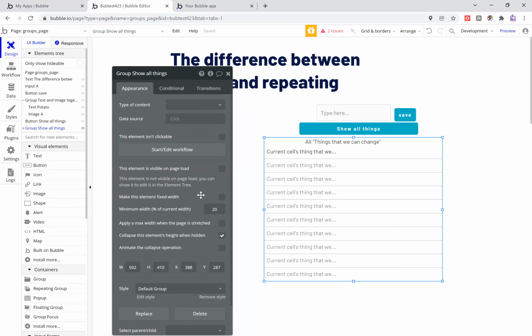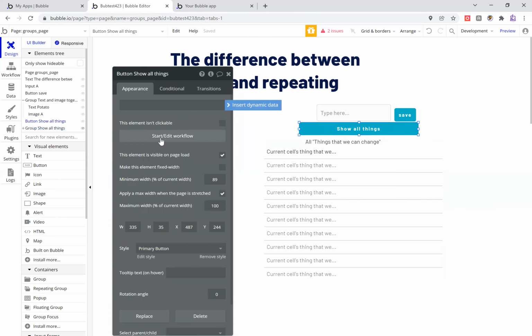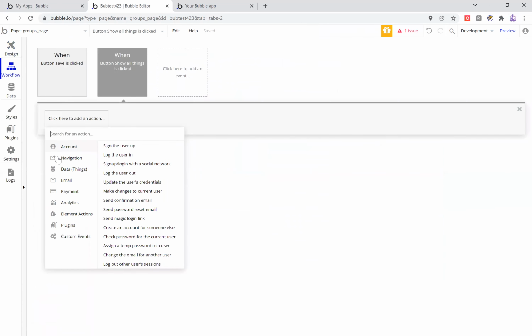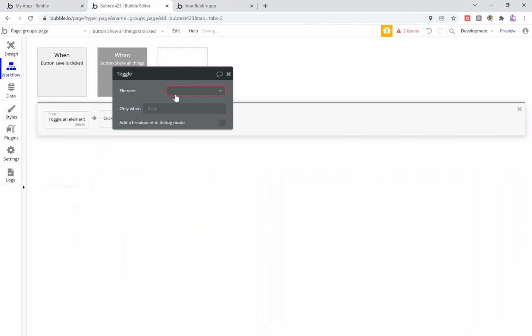So inside of that, you can see how I'm using a group now to combine a repeating group, which is going to basically be useful for pulling lists and organizing lists. And it's going to be contained in a group with another thing to hide it. And we'll see how that's going to work here. So this button does something, huh? This button, we need to make it so it does the toggle. Toggle does a show hide